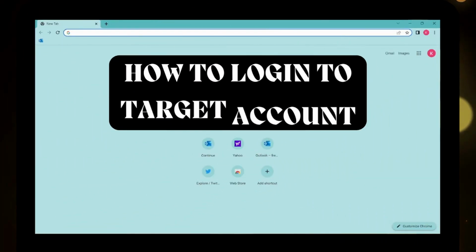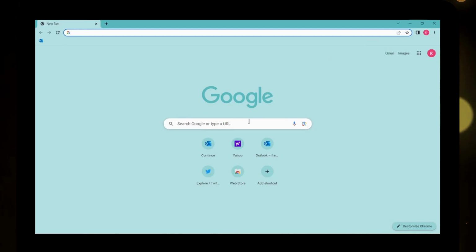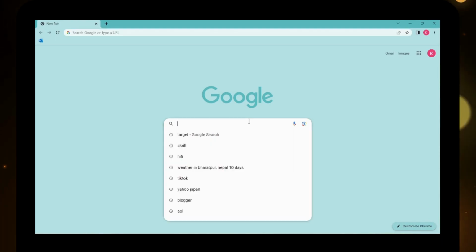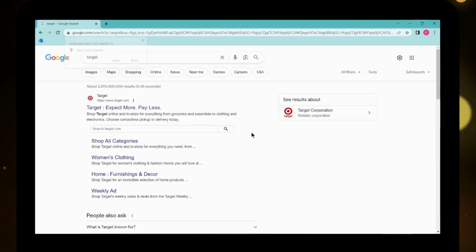How to log in to Target account. So if you want to log in to Target account, then first of all you have to open up a browser, any browser that you're comfortable with. I'm here with Google Chrome browser, and now in the search bar you have to search for Target, and then you can go to the first search which says